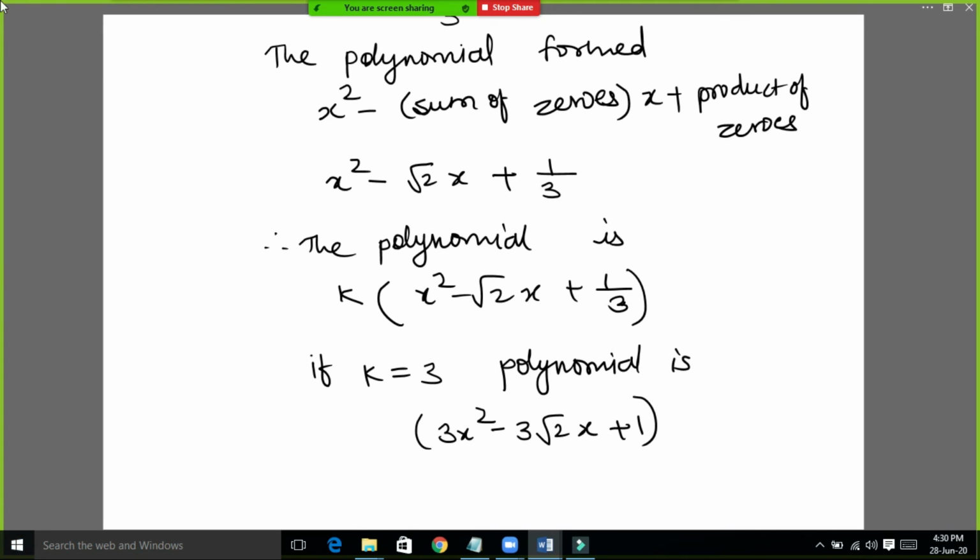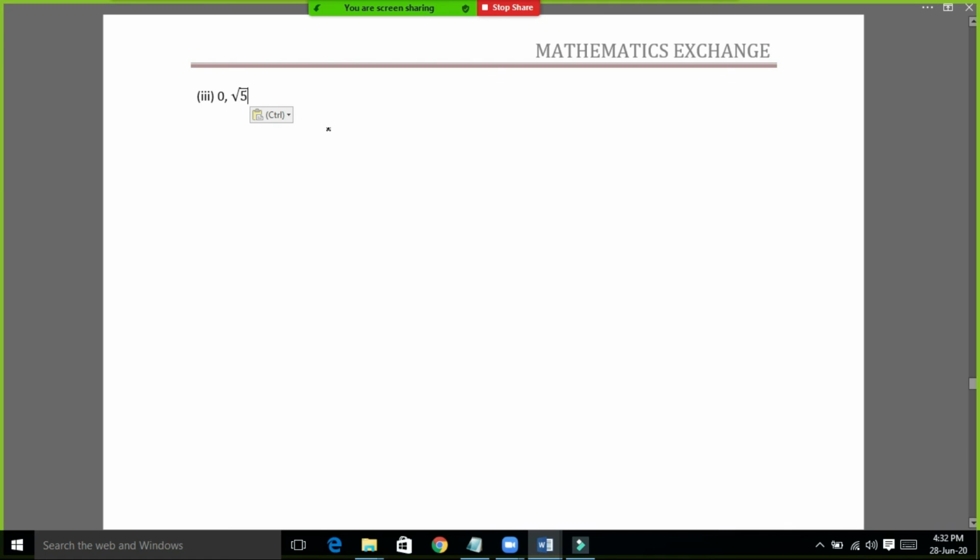So whenever we have any fraction as a coefficient or constant number, then always you have to take the constant k. In the third question we have been given 0 comma root 5. So let the sum of zeros, that is alpha plus beta, be equal to 0, and the product of zeros, that is alpha into beta, be equal to root 5. Just like in the first and second, we have to go by the same procedure. Therefore the polynomial